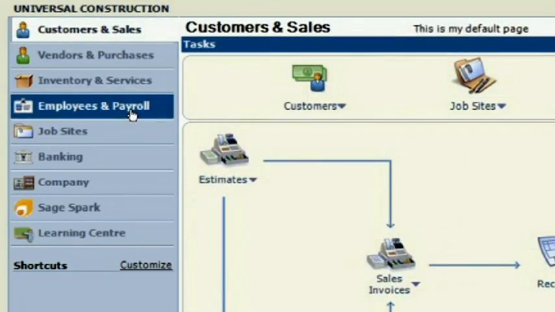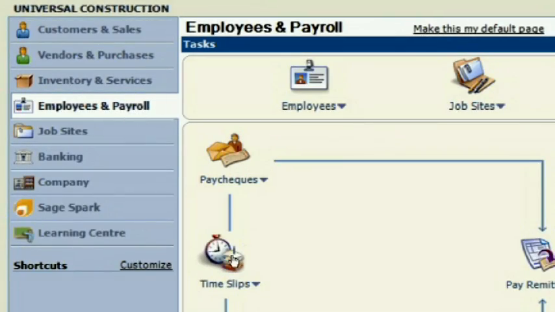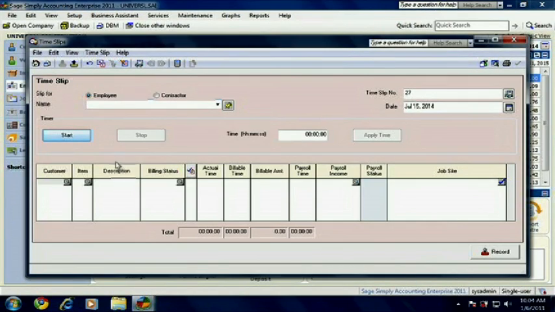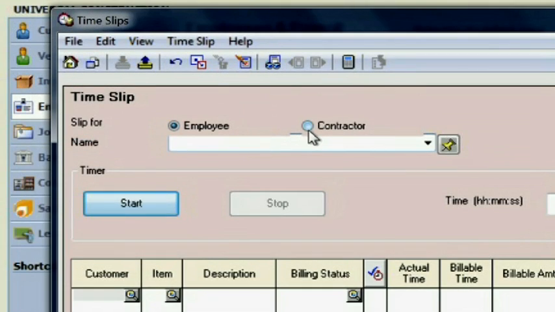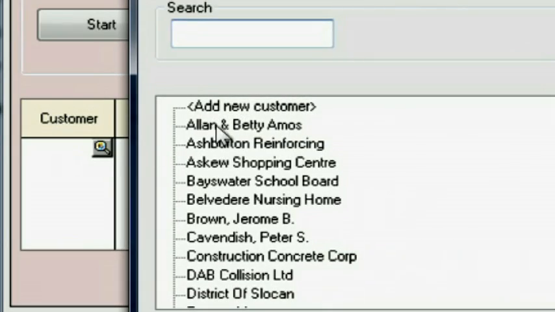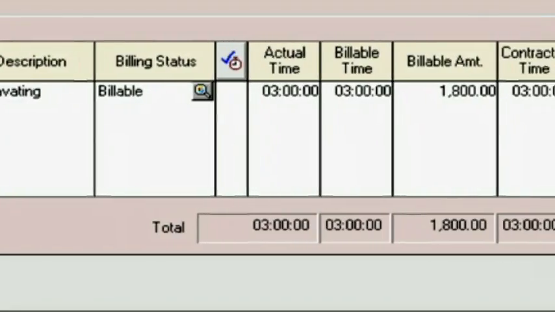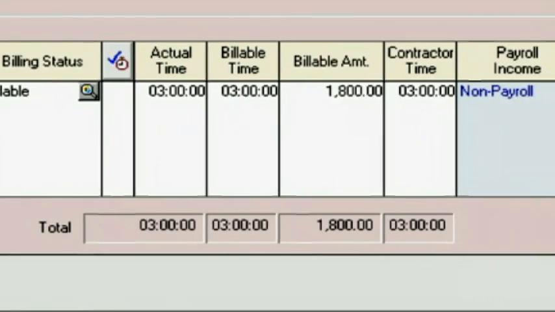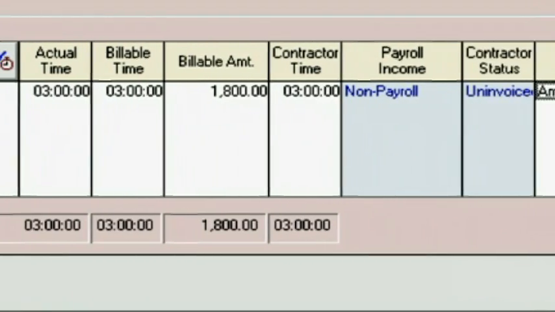Let me show you how I set that up. If I simply go to my employees and payroll and I click on time slips, one of the advantages with Simply Accounting Enterprise 2011 is the fact that you can actually select contractor here as well. I click the contractor that I'm working with, I click the customer that I'm billing them against, and as you can see here, we put in what time they used, maybe what time we're billing for,